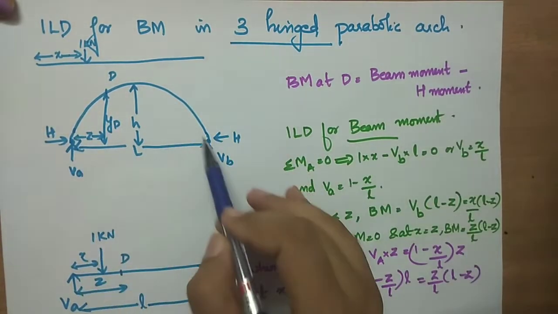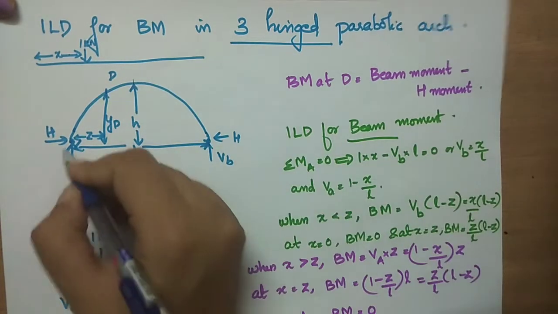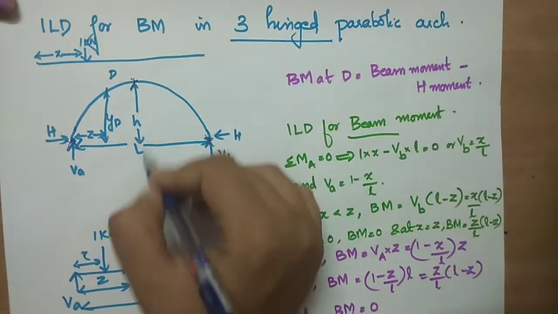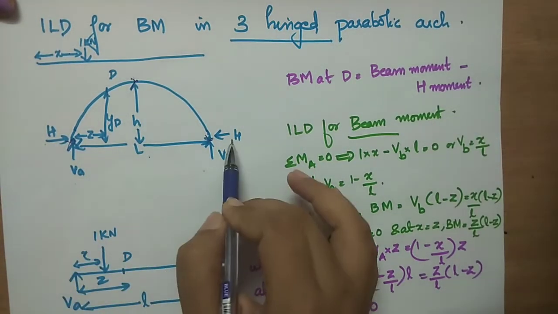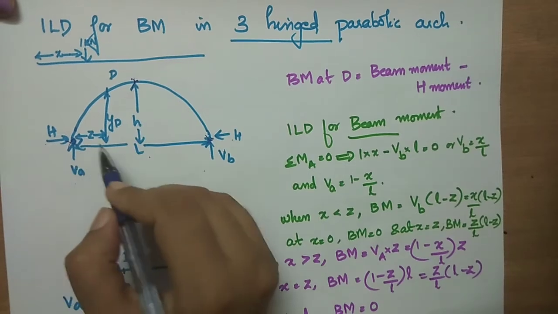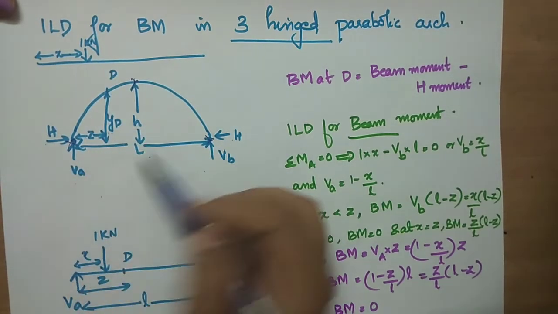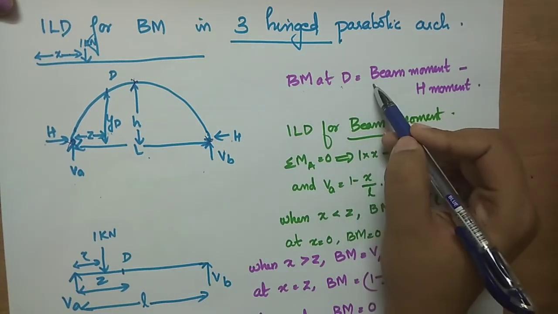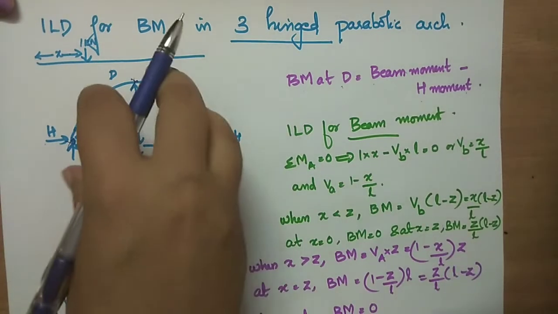So this is a parabolic arch hinged at A, B and crown. Span is L, central rise is H, reactions are VA and H at A and VB and H at B. We are considering a section at a distance Z from the left end. We know that the bending moment at any point in an arch is equal to beam moment minus H moment. So we are drawing a beam